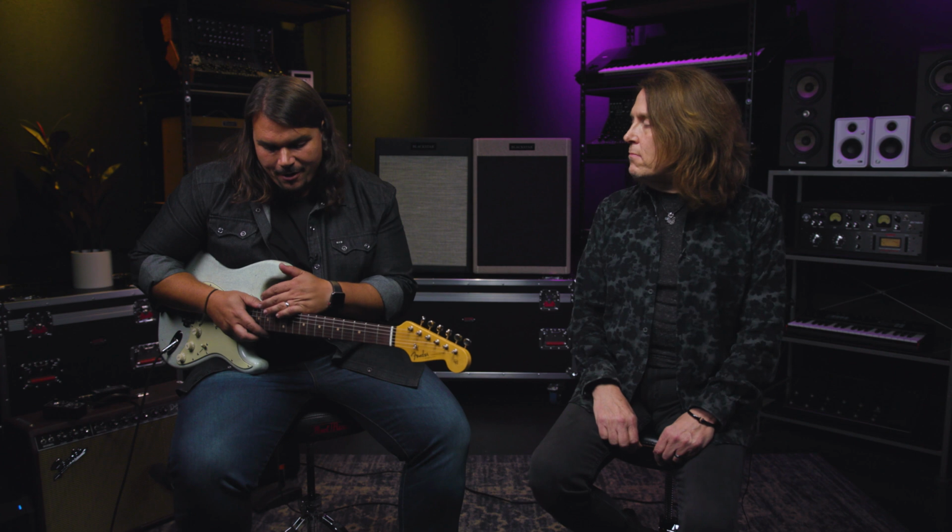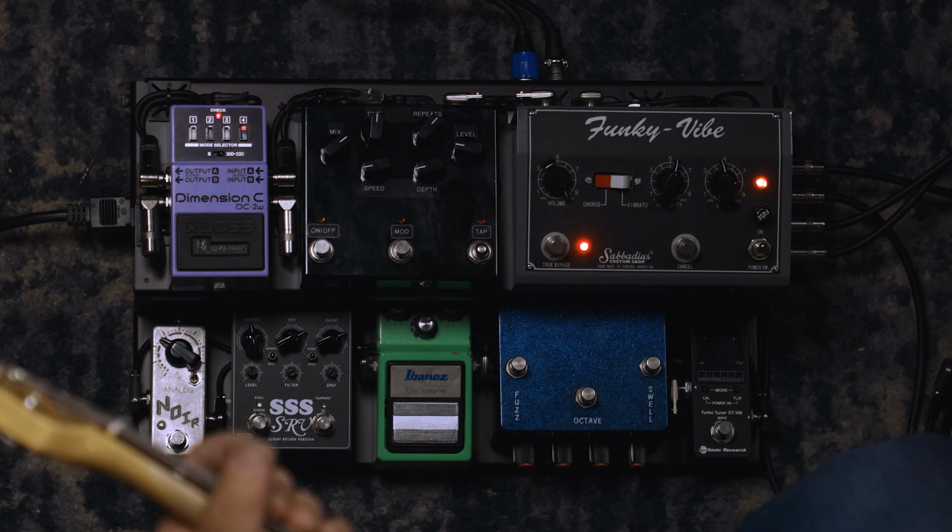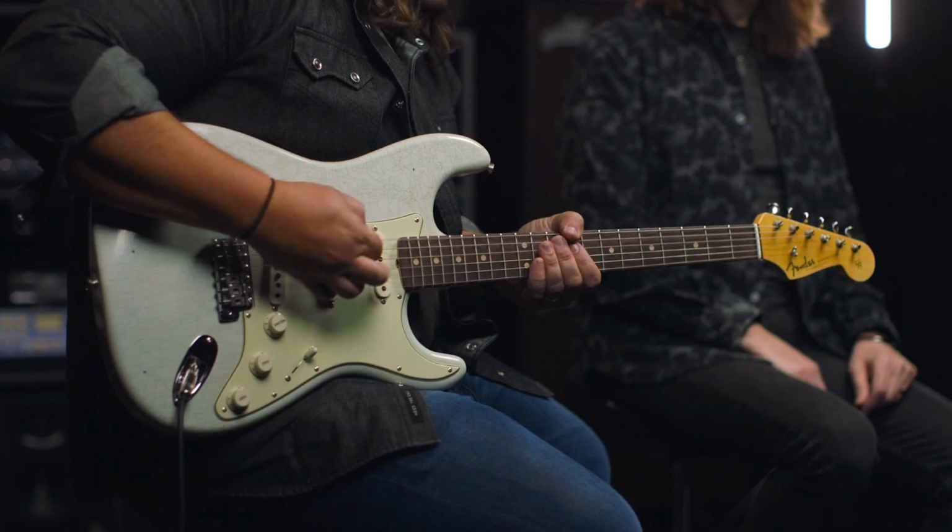Super lush. Yeah, big and chewy, man. It really is. And the thing that the vibe guys who are really into it always talk about is this elusive term called double pulse. And few of them have it. This is one of them that does. And the cancel feature is cool because if I have the vibe sound on here, right, so